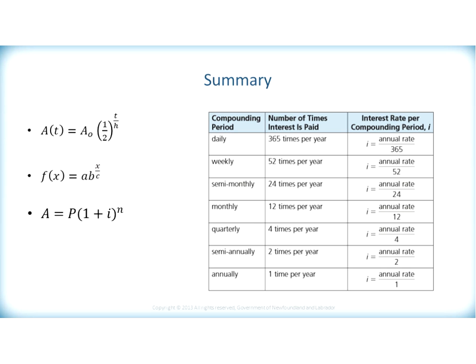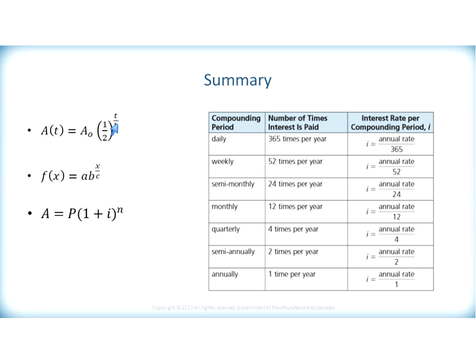So in summary, we have a table here. If the compounding period is daily, that means the number of times the interest is paid is 365 times per year. So i is going to equal the annual rate divided by 365. Weekly, there are 52 times per year, and the interest rate per compounding period will be the annual rate divided by 52, and so on. We have the half-life formula,